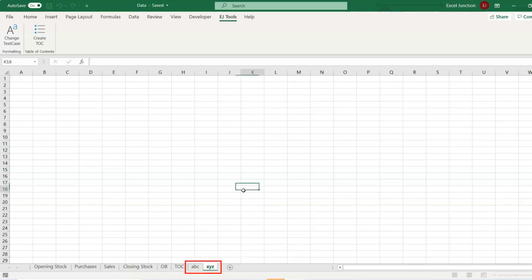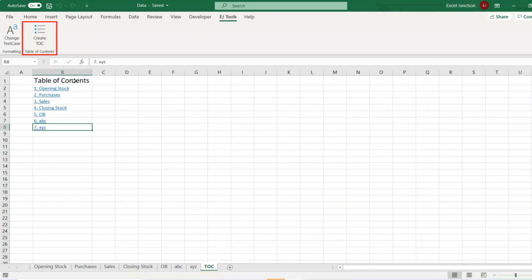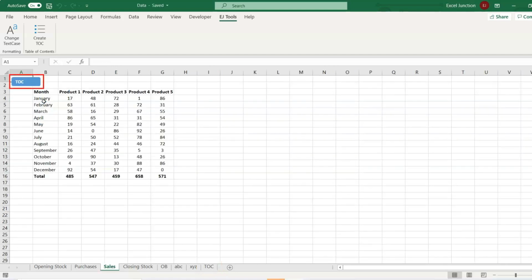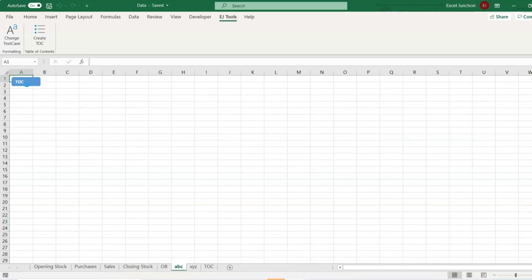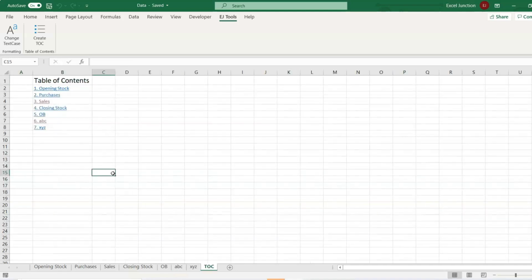Once done, you can click on the Create TOC button again, and the TOC sheet gets refreshed. Additionally, the buttons on each worksheet get reinstated afresh, essentially preventing your spreadsheets from having several buttons pointing to the TOC sheet after multiple refreshes.